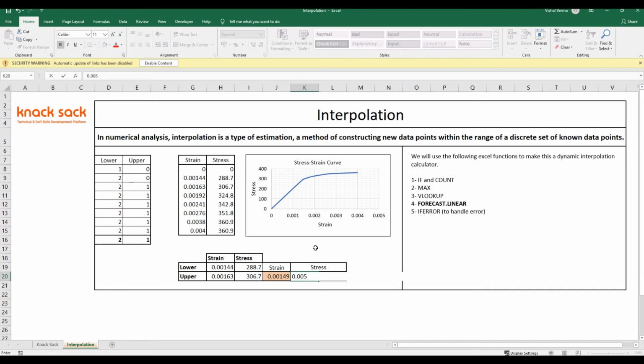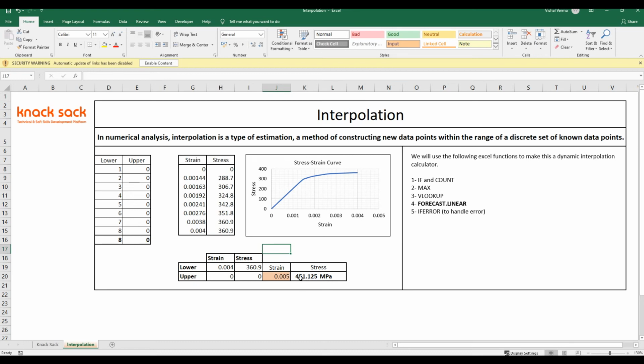If I type 0.005 here, what I am getting is 451.125, which is not correct, because after 0.0038 the value is constant, 360.9, 360.9. Again it will go till infinity.